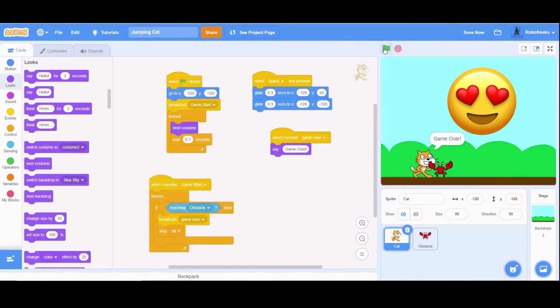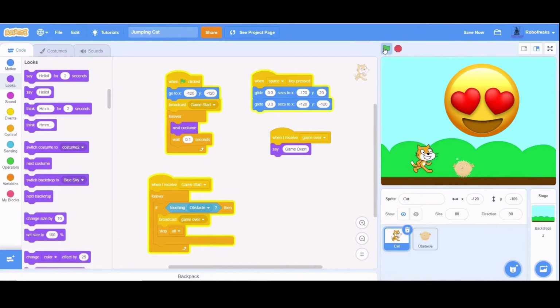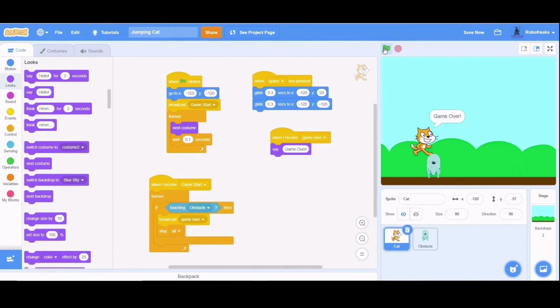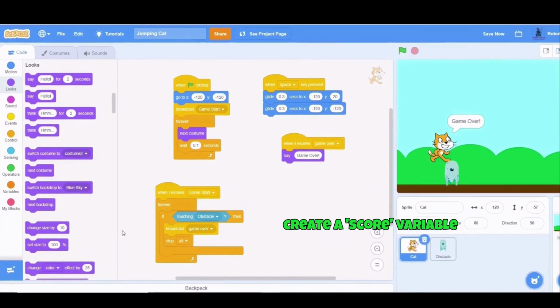Hi guys, we are almost near the end. What's left, you ask? Well, don't you forget the scoring system? The main reason why we play any game, right? I will create a variable named score.